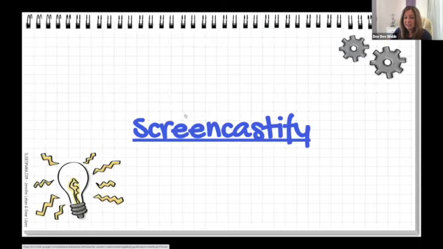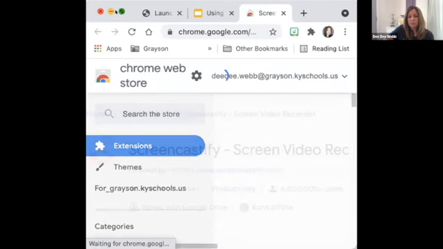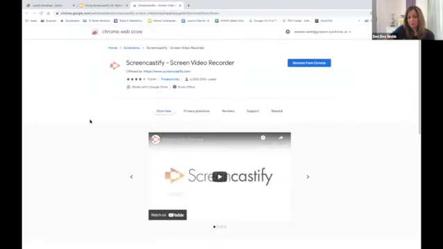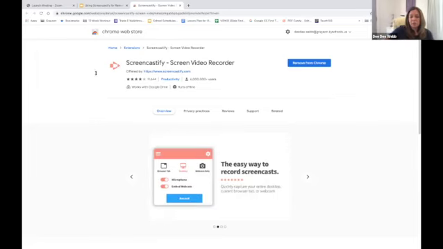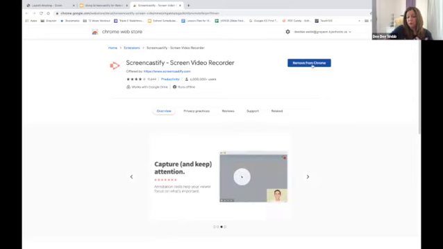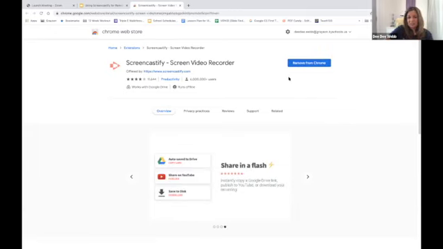Okay, so to get started, this Screencastify link here actually goes to the Chrome extension. If you have never used Screencastify before, if you click on this link, it will take you to the Chrome extension that looks like this. Again, I'll give you all just a minute to get there. It's in the Chrome Web Store. Mine, since I have already installed it, says remove from Chrome, but yours should say install. So go ahead and install that extension.